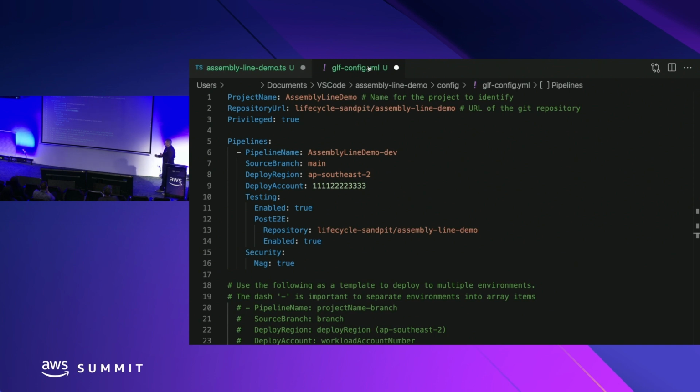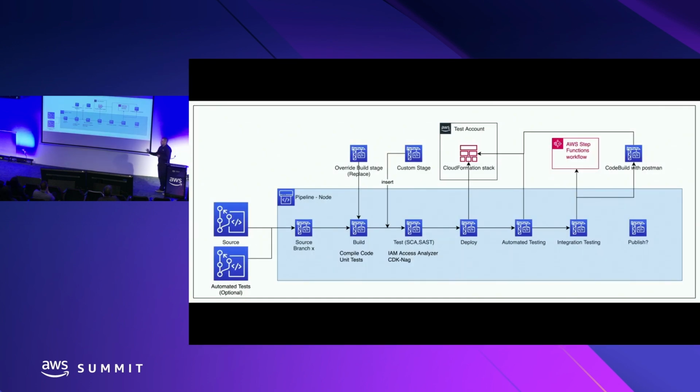Now, if Leo wants to go further, he can go and look in Construct Hub and see the documentation associated with this pipeline, and see that there's actually lots of opportunities for overriding and customizing. So that's where Construct Hub gives you both the discoverability of patterns, but also more information about the pattern, so that you can keep your architecture and your design together